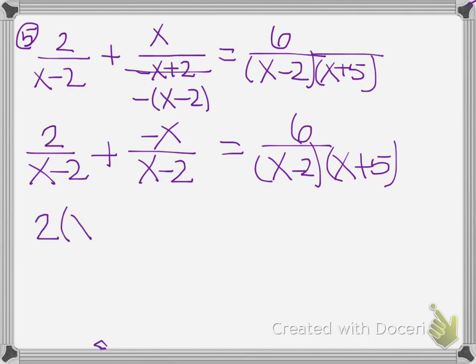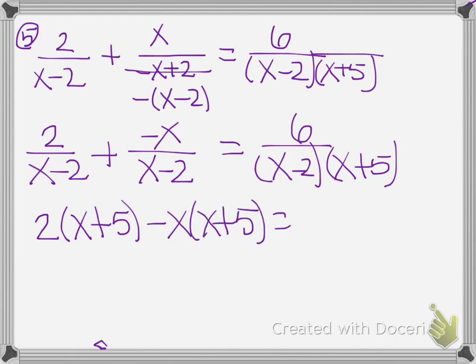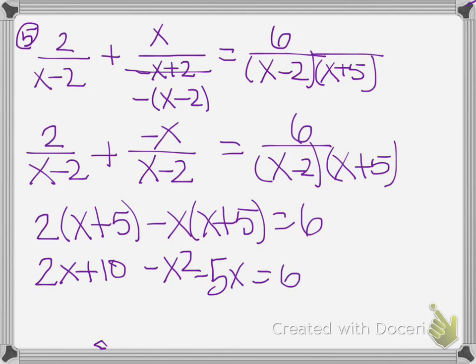So we have 2 times x plus 5 minus x times x plus 5 equals 6. And we go from here, distributing this guy, 2x plus 10 minus x squared minus 5x equals 6,